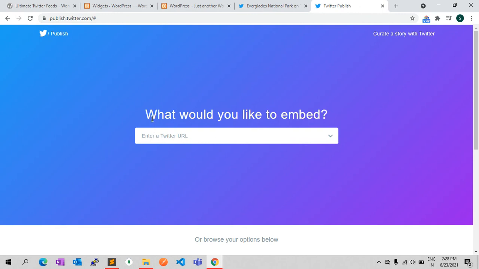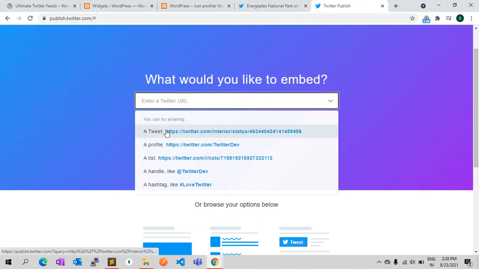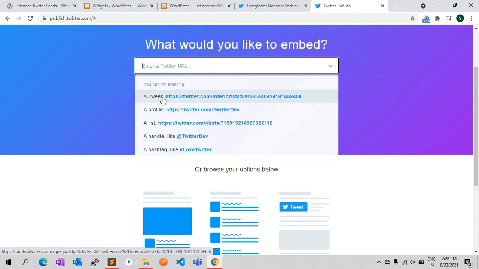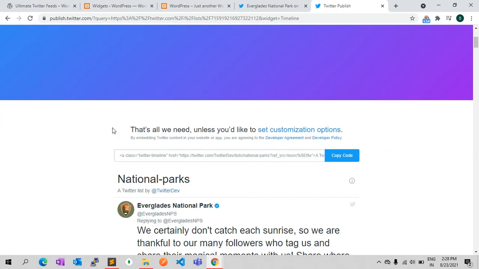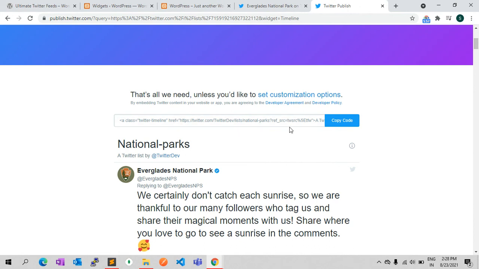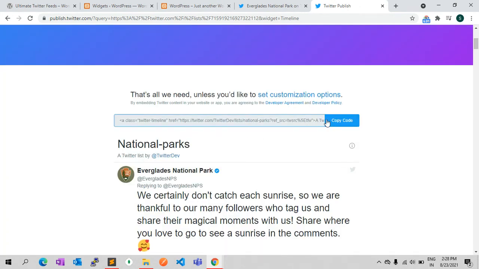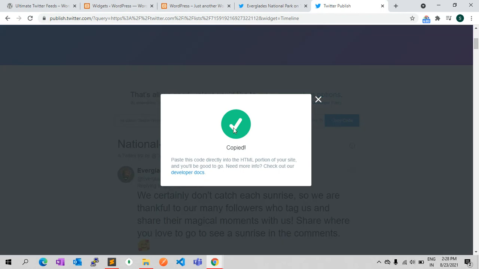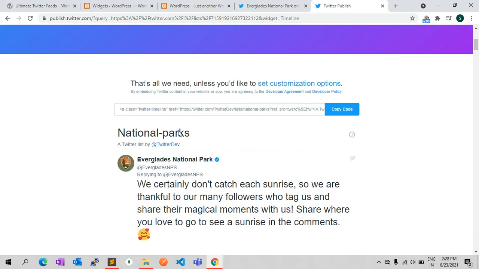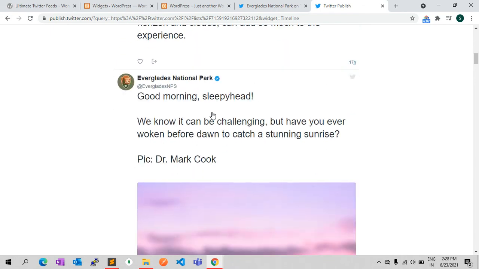When you go, you will find multiple options: a tweet, a profile, a list, a handle, or hashtag. For example, I want to check a list. It will give you the iframe code. We just have to copy this code and paste it into your HTML. Then it will load these tweets for you.